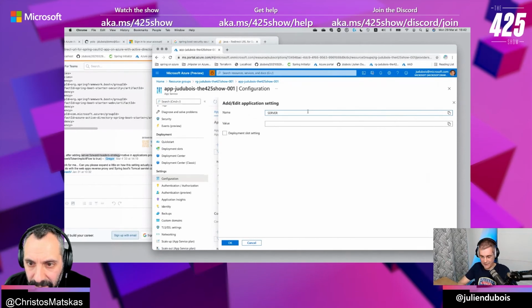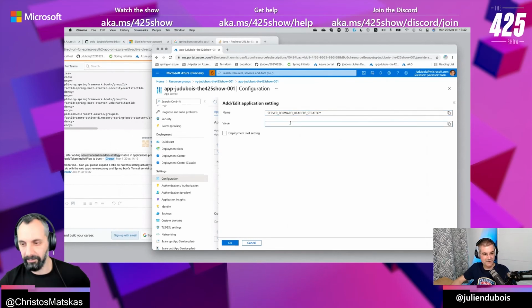Okay. Server underscore forward underscore headers underscore strategy. I'm slow because I don't want to just type it. Forward header strategy native.